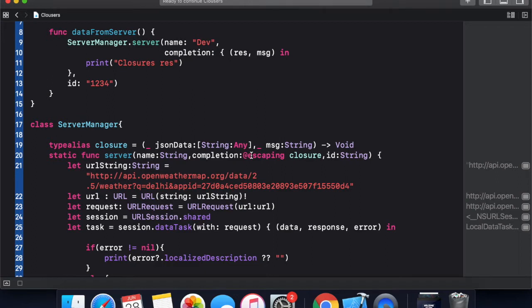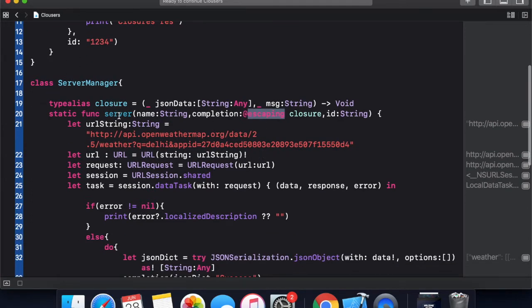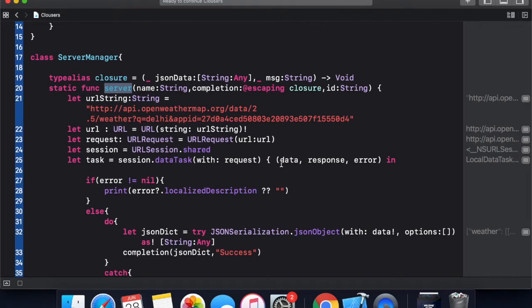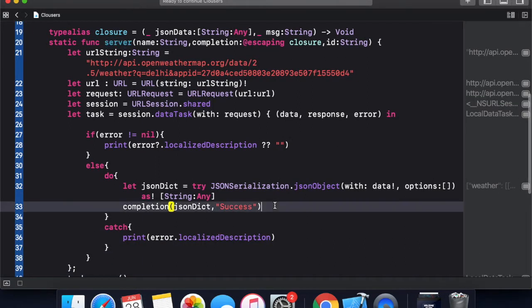Here I have this closure, and I am passing it as a function parameter, and it is of type escaping, which means whenever this function is compiled, the compiler executes the function body and returns, but the escaping closure will outlive the function body and will get executed whenever the API response arrives.